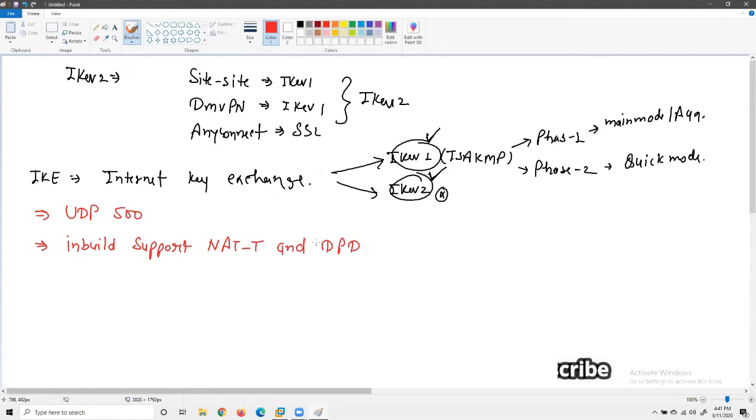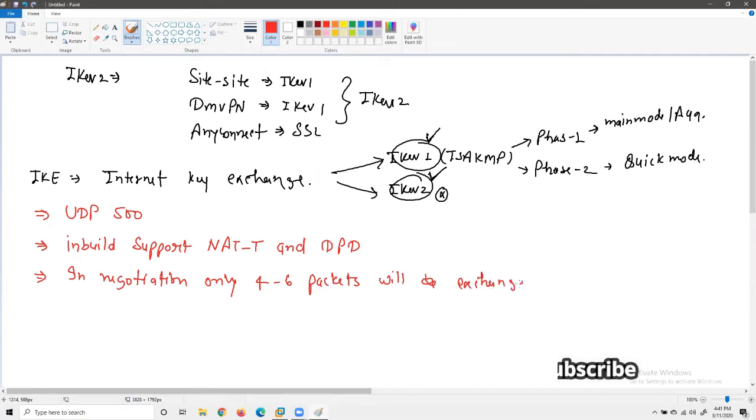And in negotiation, only 4 packets will be exchanged. You can say 4 to 6 packets will be exchanged between VPN peers. Clear?